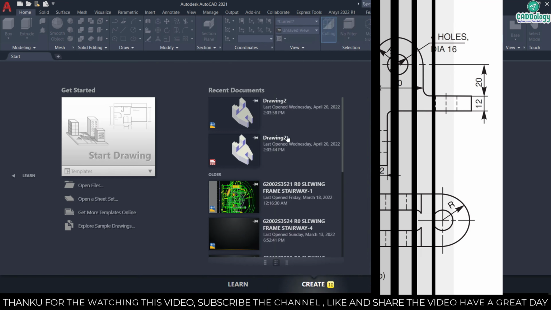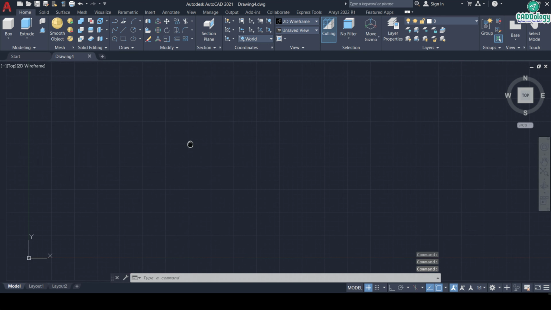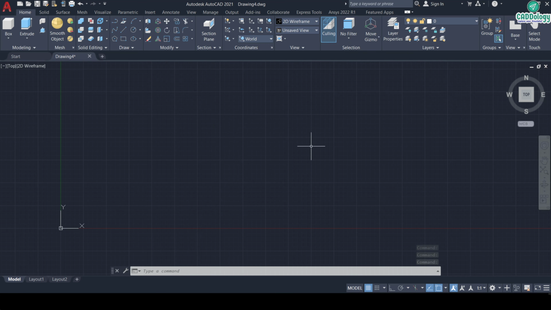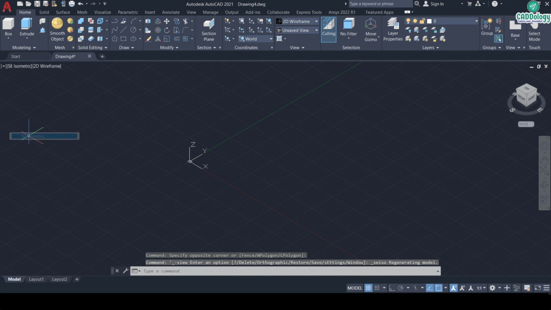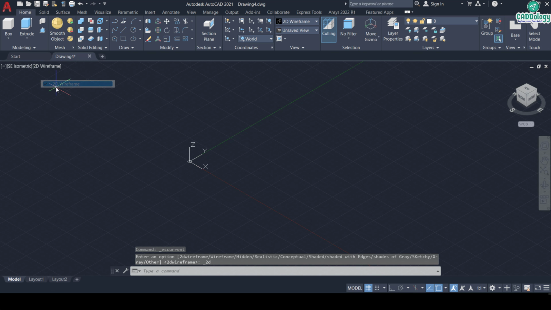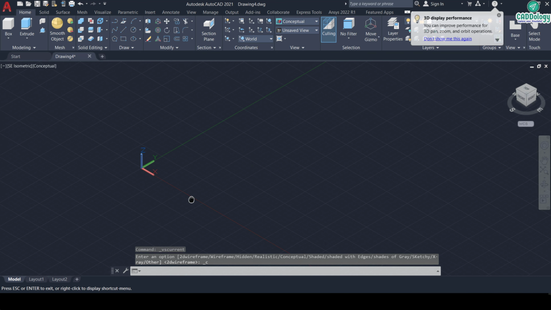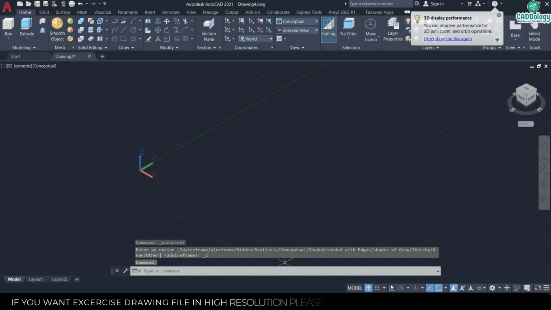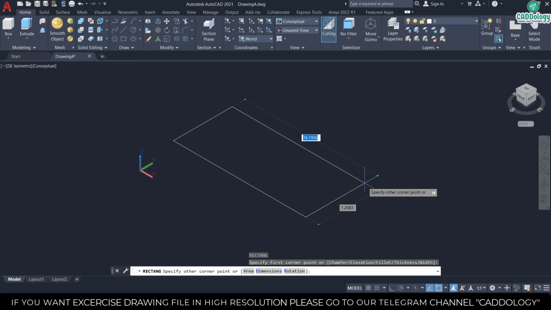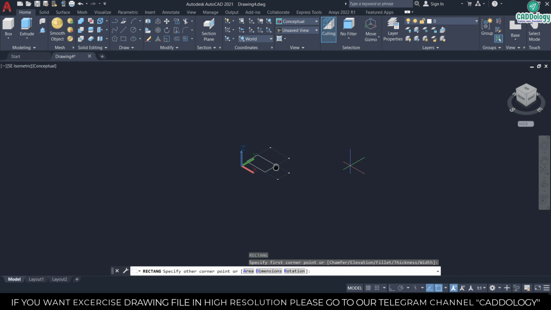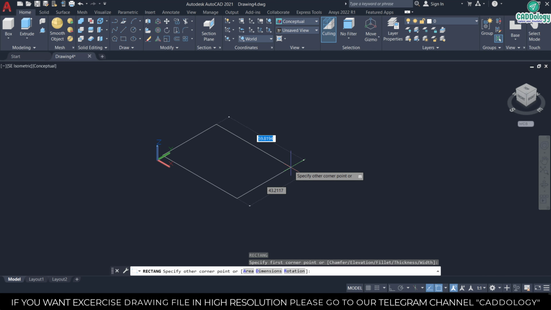Start drawing. First of all, we'll set the 3D workspace with the help of workspace switching. And after that, we'll change the view into SE isometric. Start a sketch, make a rectangle of 60 by 40 mm